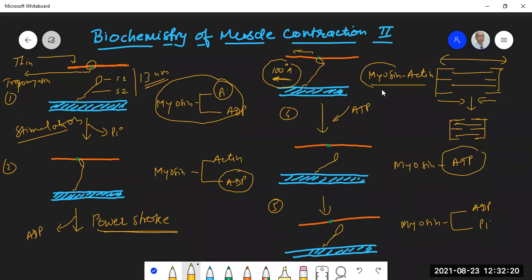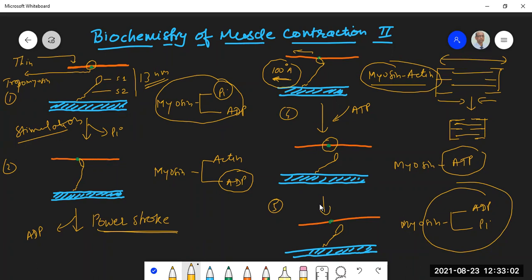So what do you have? You have the myosin actin complex here. Now ATP will come and join. As soon as ATP joins, the myosin S1 head will be freed, dissociated from the thin filament. As you can see over here, again tropomyosin will change its position and come in its way between the actin and myosin. Then the attached ATP will be hydrolyzed in the subsequent step to ADP and Pi, but ADP and Pi will not be liberated. The energy liberated will also not be freed. It will be freed only when the muscle contraction takes place. So these are the 5 steps of power stroke generation.